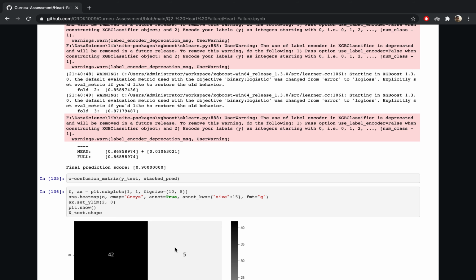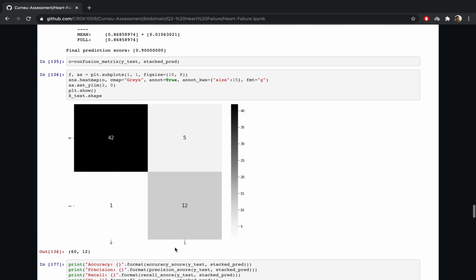And now I'm going to analyze this stacking score. So the confusion matrix here is, over here it's true negative, which is 42, and the false positive is 5, so it has increased. While the good part, to show that this model has improved, you can compare it with the